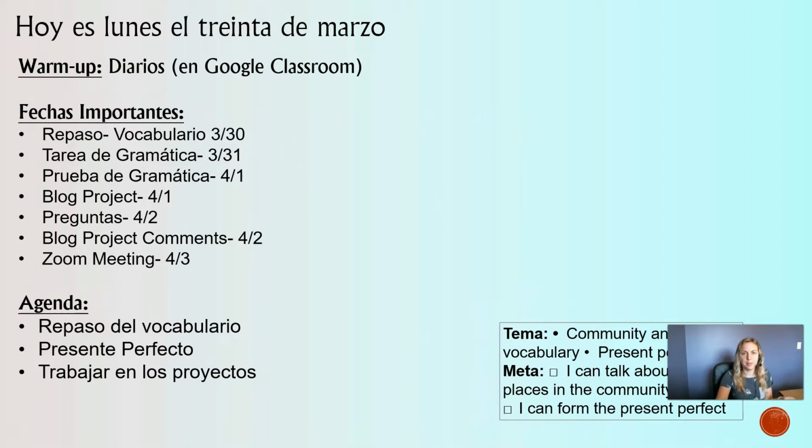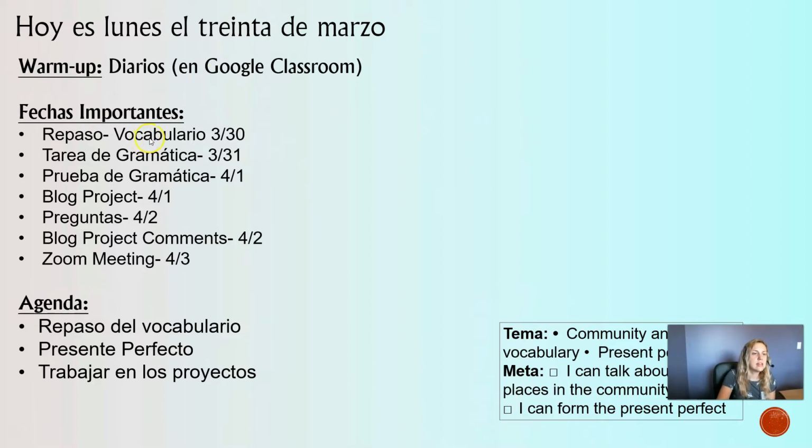The only thing that's going to be different now is you're going to do these diarios on Google Classroom. So if you log into your Google, and if you go to the document that says diarios, you're going to type that in on your Google Doc. And everybody has their unique Google, so I can see what you're writing about in your diario, and you will keep that like week to week. And so it's just like your journal, except it's online, right?